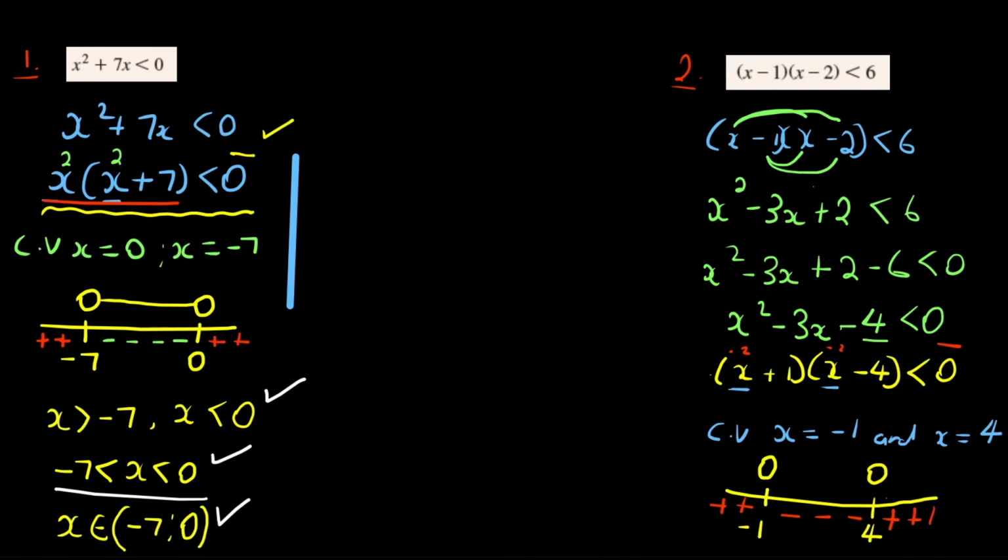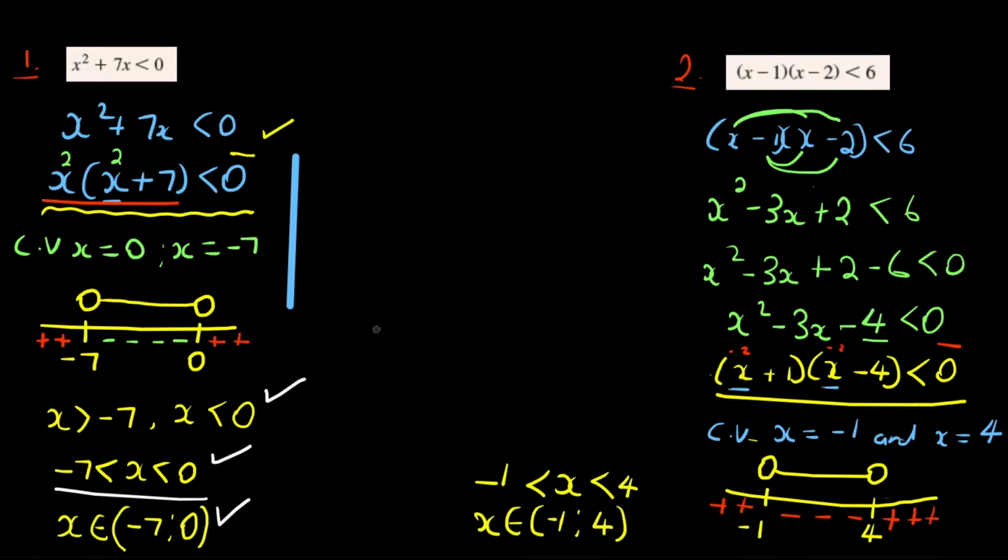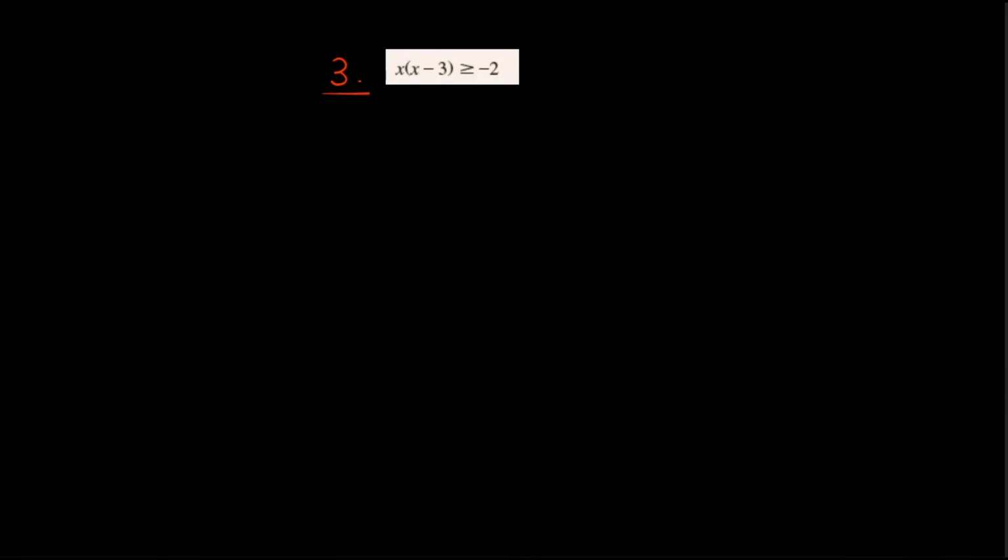So this expression is negative in between -1 and 4, which means our solution will be x is less than 4 and x is greater than -1, or x is an element of (-1, 4). And in that way, that will be our solution. So let's hop on to the next exercise, which is given that x